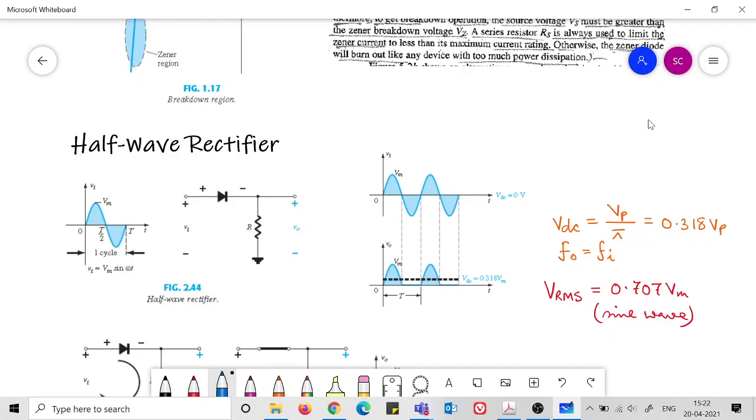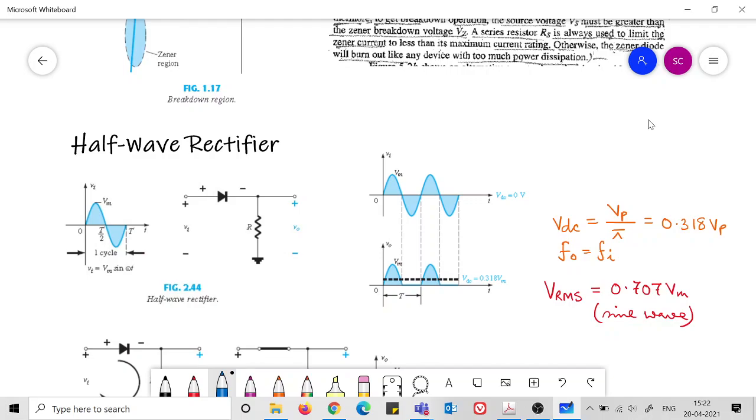Again, when the input voltage rises to the positive half cycle, there is a current and a corresponding voltage in the output. So what happens here? It is as if the circuit is cutting off the negative half cycles. So only the positive half cycles remain, and the full sinusoidal wave becomes a half wave. That's why it is called a half wave rectifier.